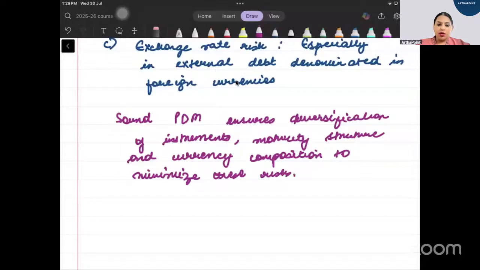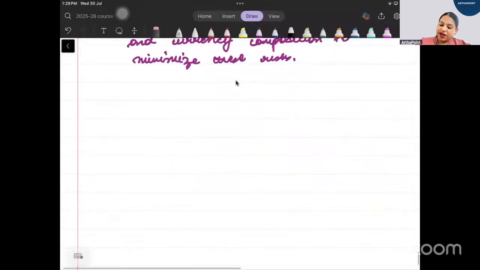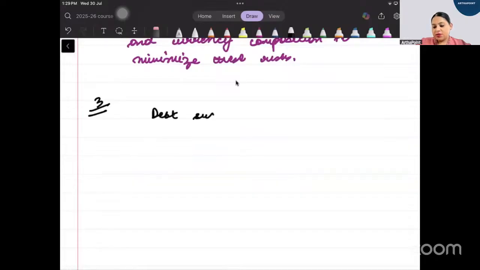Right, beta? Okay, the third principle that we have, that is debt sustainability. So as I said, we don't want to put a lot of burden on the future generation. Neither do we want a lot of inflation in the economy. Neither do we want to default on our loans. So we want to ensure that the debt is sustainable. ऐसा ना हो कि बहुत ज्यादा debt ले ले, right?